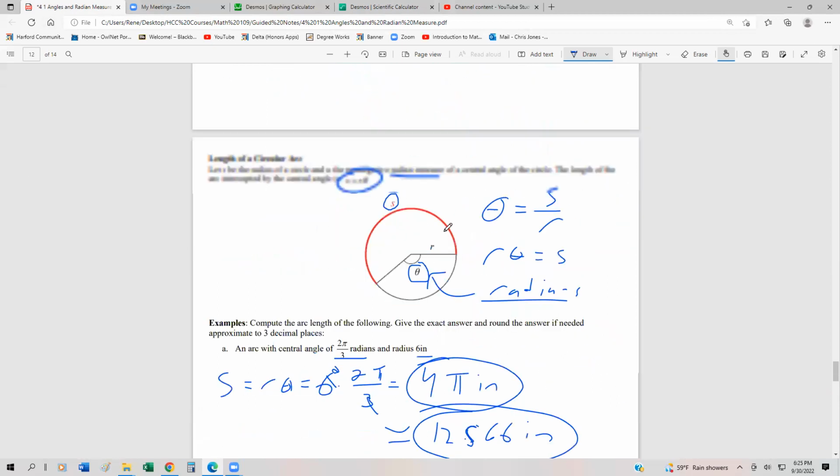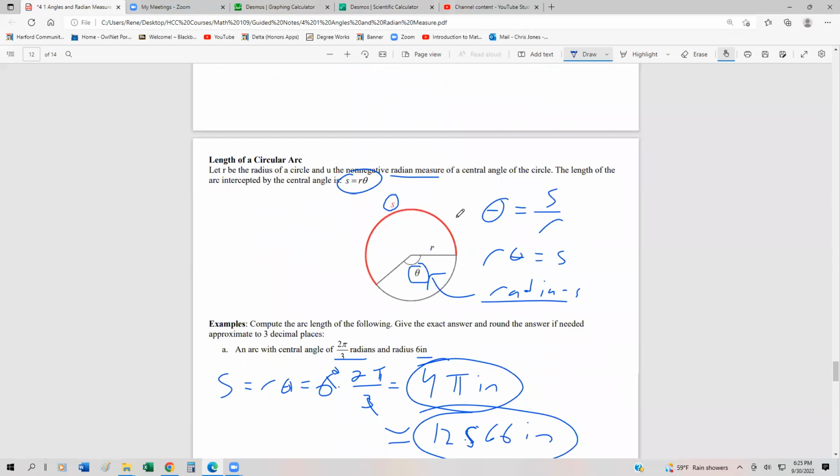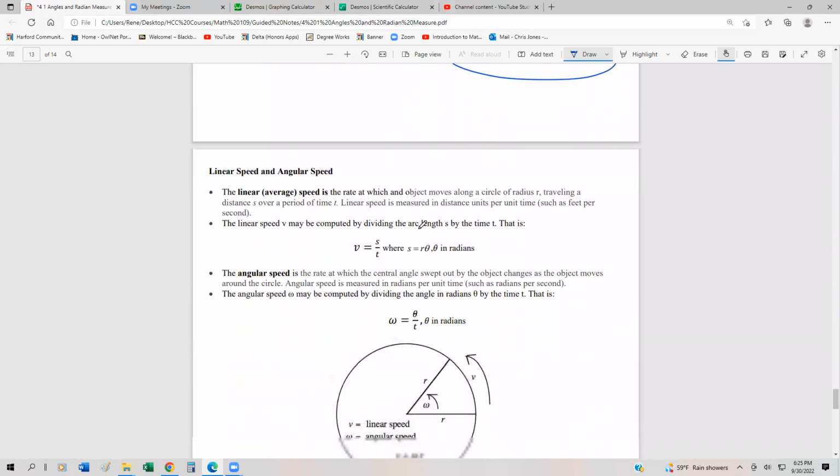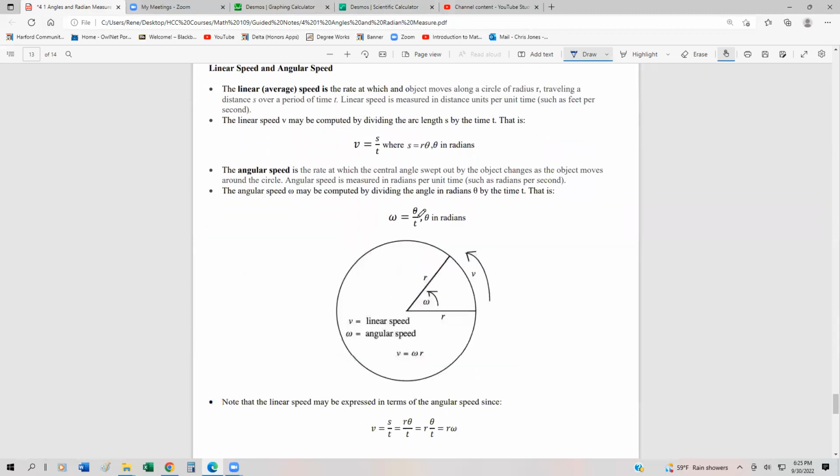And again, that's just the length of this arc, okay? So that's what we're looking for, just that arc length. Now, one last thing that we're going to look at in this section is going to be angular and linear